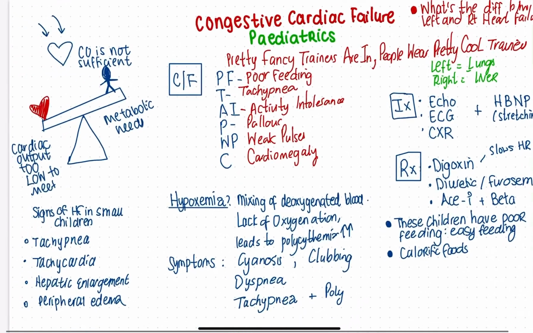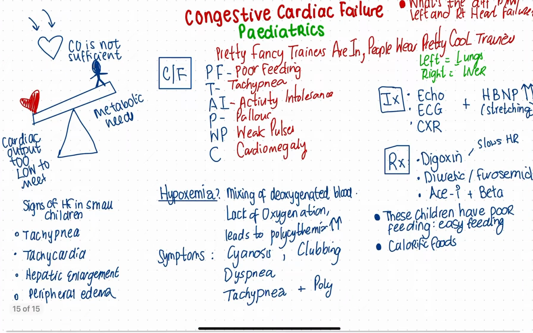What are the clinical features of congestive heart failure in kids? Now, this is different. The patient won't present with as overt signs and symptoms as an adult. Remember, the heart failure and heart symptoms are always different in kids. They'll have poor feeding, tachypnea, which is a high breathing rate of more than 60 breaths per minute. Then they'll get activity intolerance, which means that they'll get very tired when feeding. So babies actually exert a lot of calories when they're feeding, and that is known as activity intolerance,